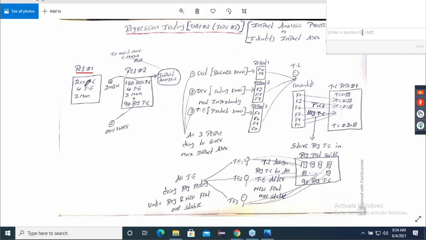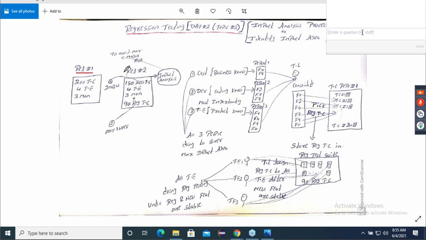Is regression testing there or not there? Not there. The reason, I know you will say, because it's a very easy question. Always learn the technical reason: no regression test cases, because everything is new. That's the simplest answer. So in release number 1, there is no question of regression testing because everything is new.